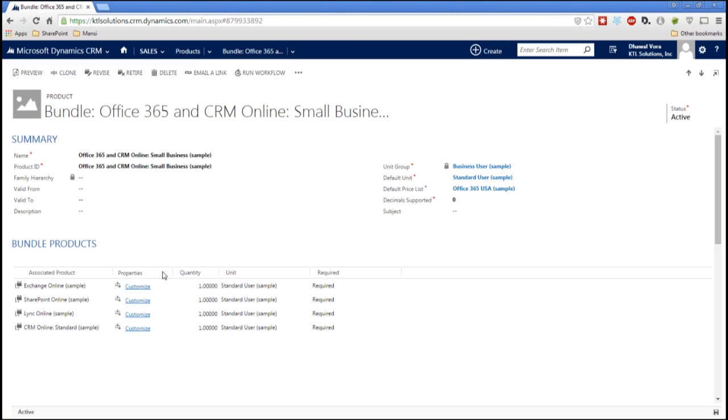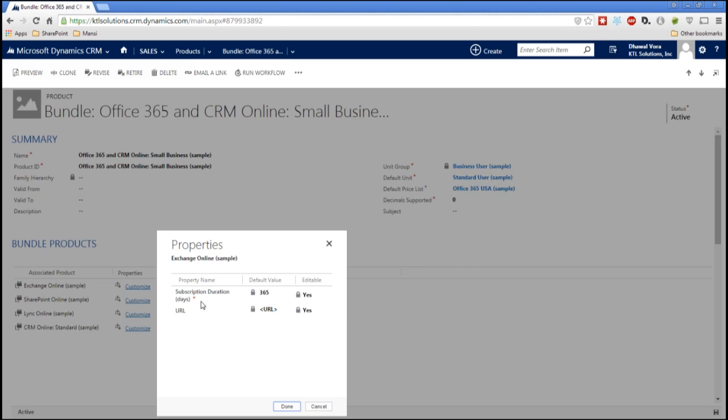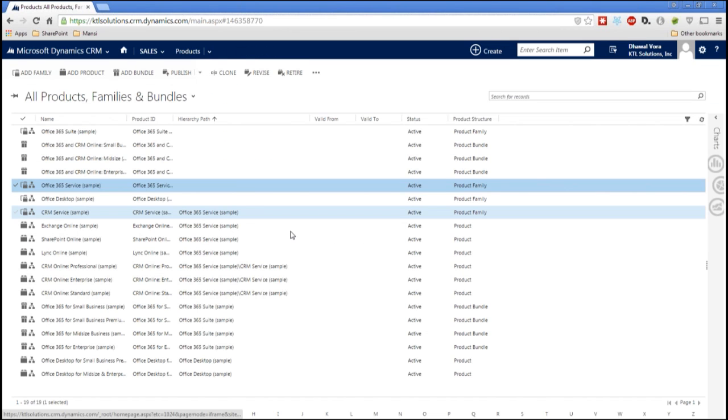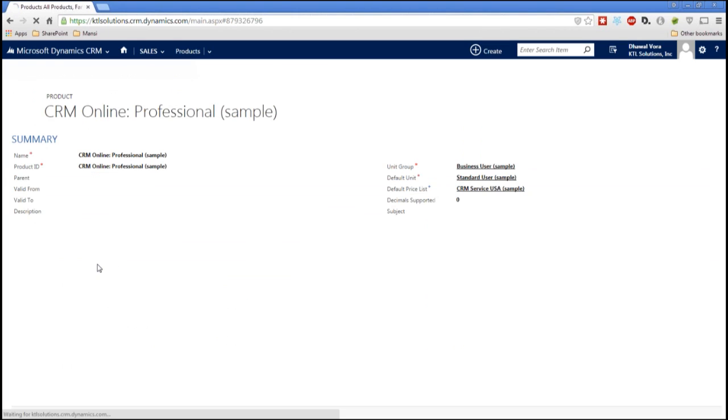The other thing we mentioned was the product property. I can go from here, or you can see the Exchange Online, and depending on the product that you have, you can define the different properties for a particular product. Let's just go back to an individual product, and I'll take up